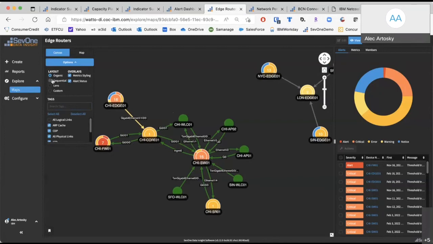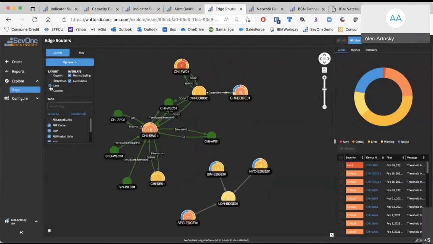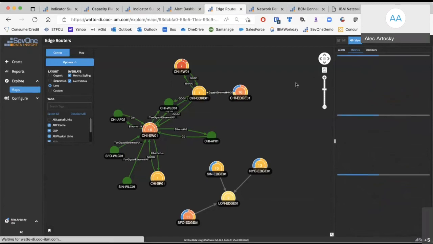So as I showed, I can show this organically, we can show this sequentially, I can show this through a different lens as well. But what we have the ability to do automatically is understand how all these devices are interconnected. You can see that we have tags based on how these links are all physically tagged and brought forward via the MIB. I can see the color is representing to me the alert status of each device and each interface. So I can see that we do have some issues with this switch, this core switch, some firewalls, but the links between them all are green, which means we don't really have any issues. If you look on the right-hand side, you can see that I'm actually getting a breakdown of the individual alerts. I'm understanding which alerts we have. I'm actually even able to get the metrics for the data associated with this.